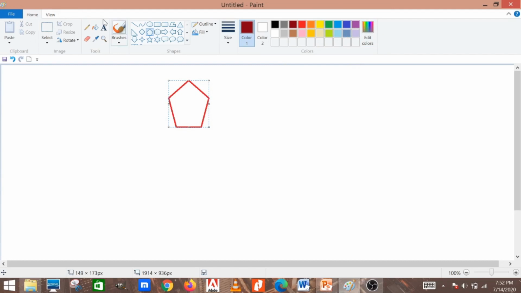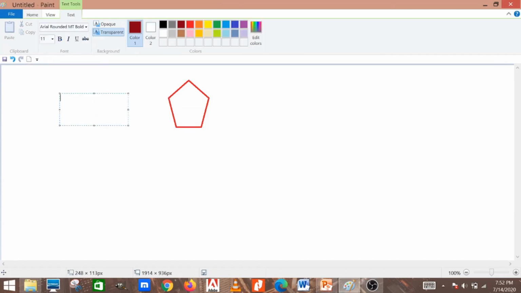So all these things are there in your ribbon bar. Now there is a text tool called A. You know this. Suppose when you select a text area, you can see the ribbon bar is showing your text tools. So here you can see a lot of tools that are affecting the text which you are going to write in your drawing area.